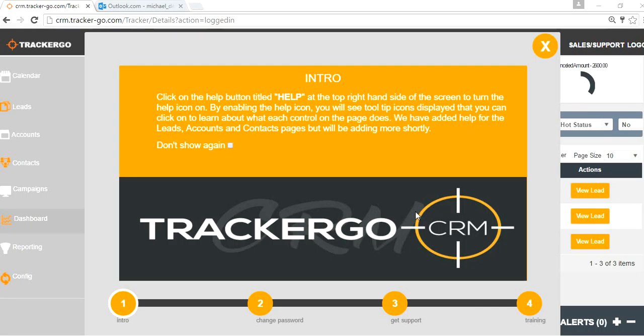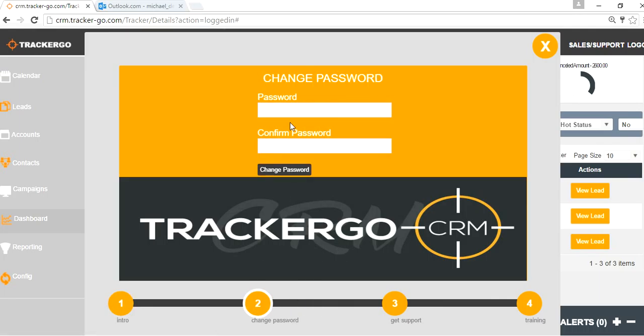I want to take a little bit of time now and give you an overview of the system. When you signed up for Tracker Go, you inevitably came to the screen where it's a splash screen, and there's an important little feature here, which is changing your password. So if you click on number 2 here, you can actually then change your password, and we absolutely would like